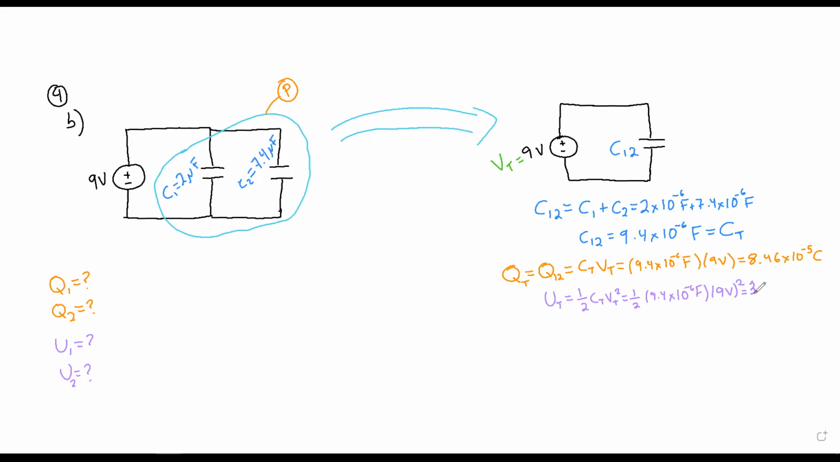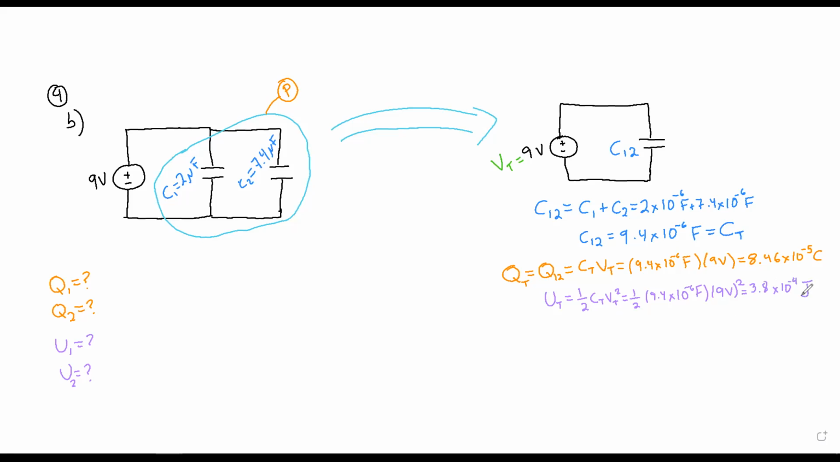Getting sent to the minus 3.8 times 10 to the minus 4, and these would be joules. Okay. So now we've got the total, all of the elements: the total voltage, the total capacitance, the total charge,